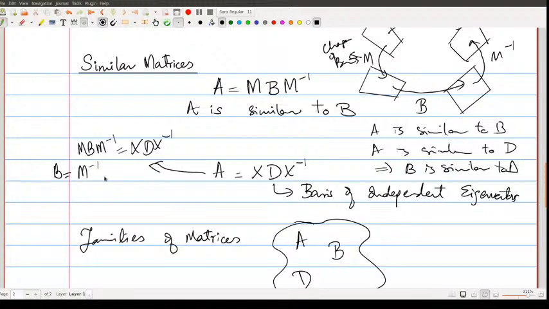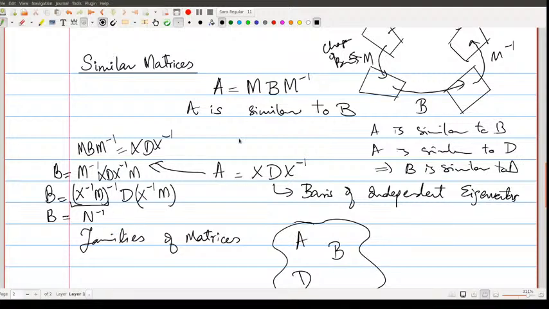I get M inverse here, X here, D, X inverse M, right? So I've multiplied on the left by M inverse and on the right by M. And what we get is sort of difficult to see, but I can write this as X inverse M whole inverse times D times X inverse M. So this is sort of my new M matrix, which is telling me I can maybe write this as P equals, this is N inverse,